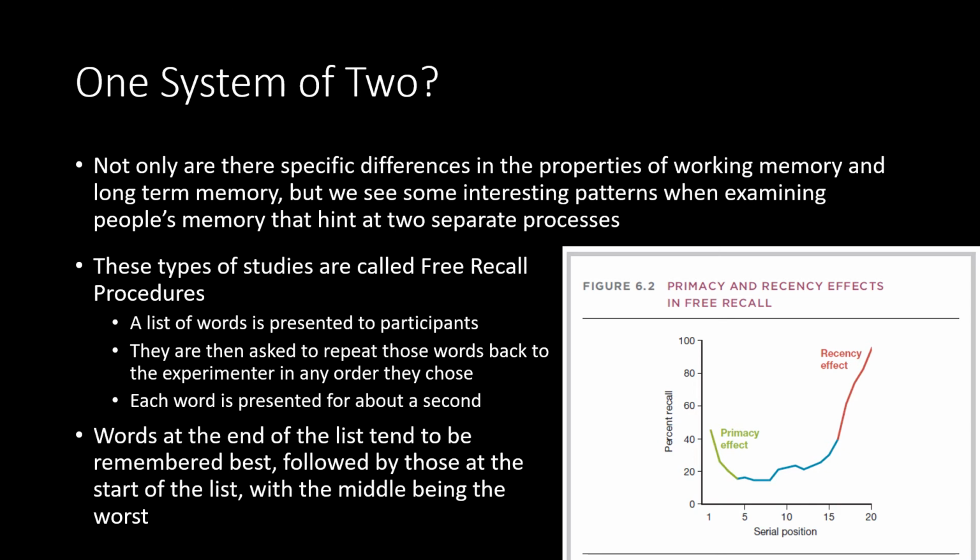And then as soon as this list is presented to them and is finished, they're asked to repeat back however many of those words or images they can remember seeing, and the order in which they repeat them back does not matter, at least that's what is told to the participants. The certain types of words that they do actually recall, and where those were in the original list, is of great interest to these researchers themselves, and thus allowing them this ability to have free recall allows us to